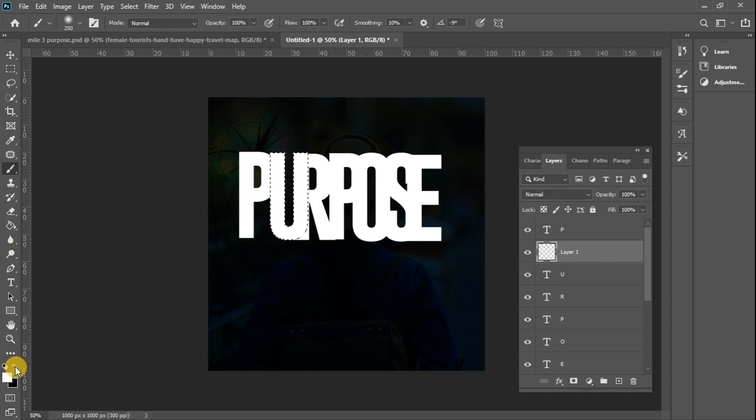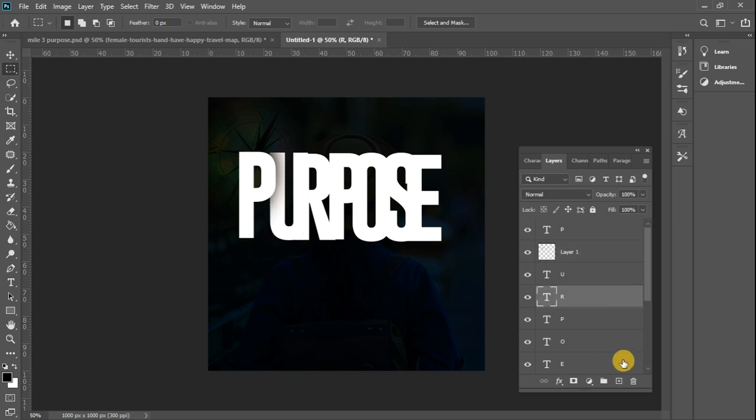Okay, maybe I change my color to black before doing that. Once your color is black, you just dab like that. You see that there is a kind of shadow that is applied on the letter U, and now this selection you've created constrains the shadow, so it's just applied only on the letter U and it doesn't go out of the letter U. Okay, once that is done, you just deselect,